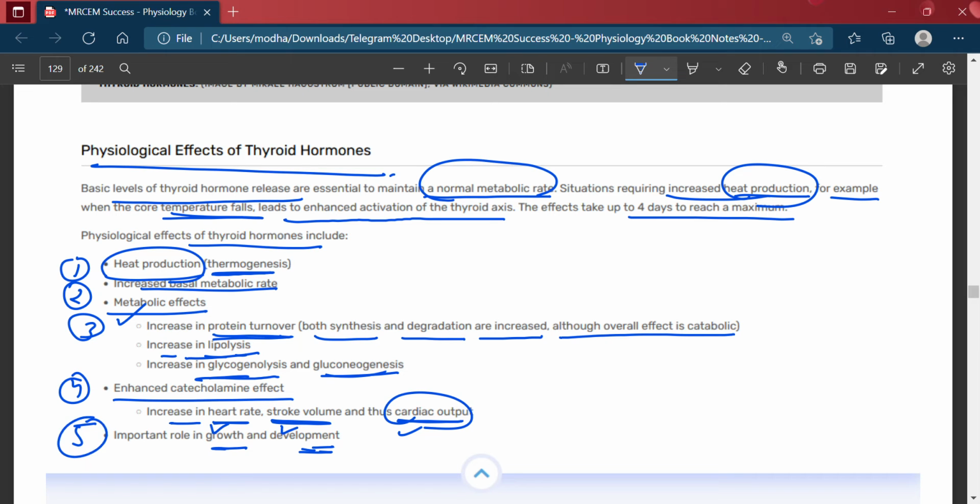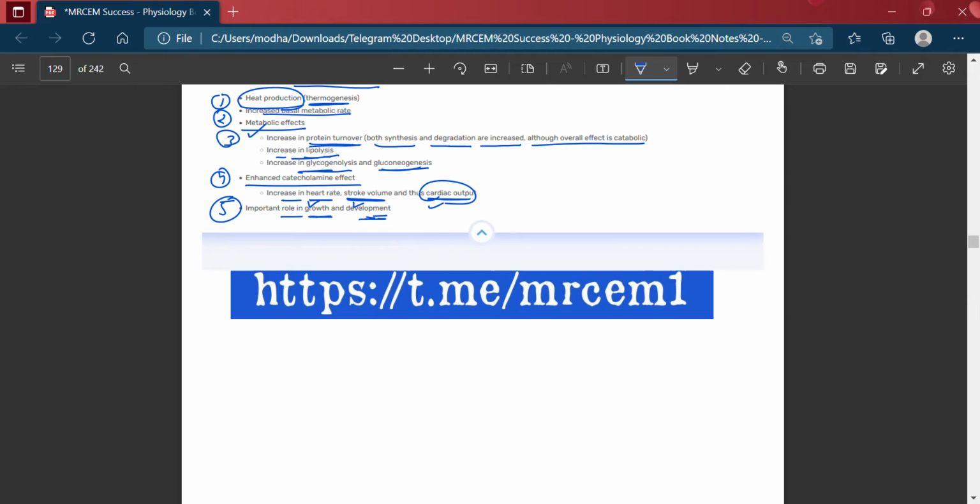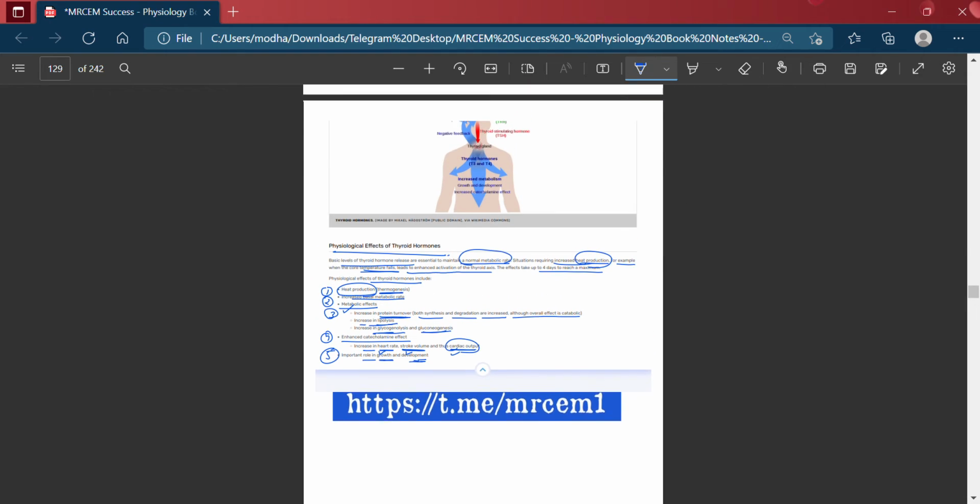So what are the effects of the thyroid hormone? It causes heat production, increased basal metabolic rate and metabolic effects like increased protein turnover, increased lipolysis, increased gluconeogenesis and glycogenolysis, and enhanced catecholamine effect like increased heart rate, increased stroke volume and thus increased cardiac output, and an important role in growth and development. Understood. So this was the